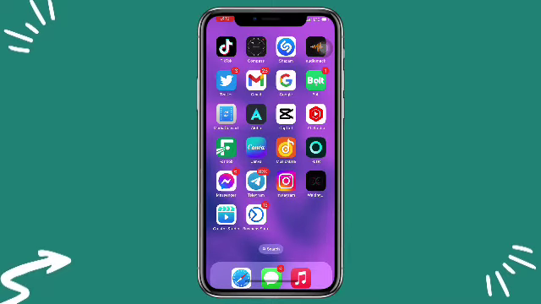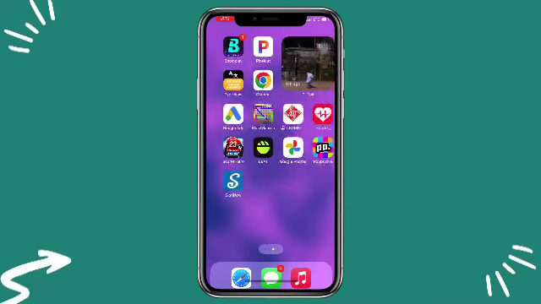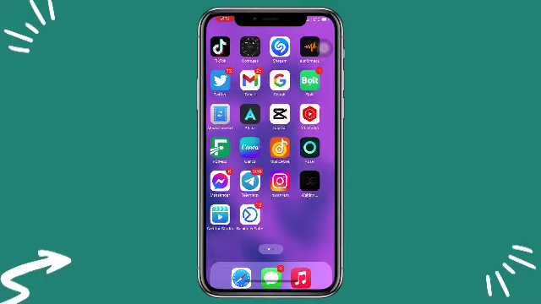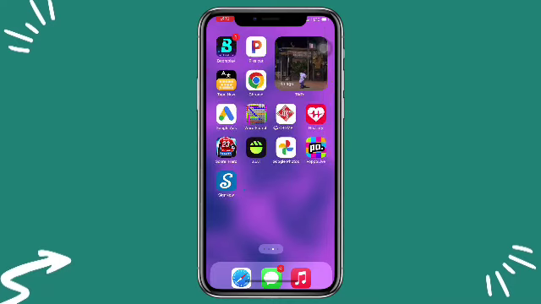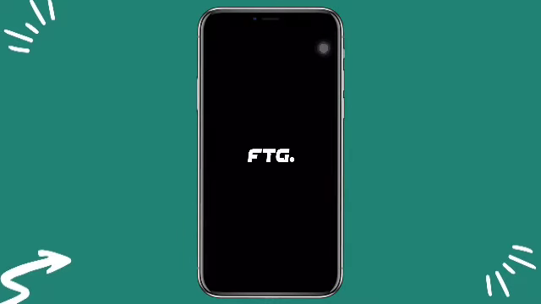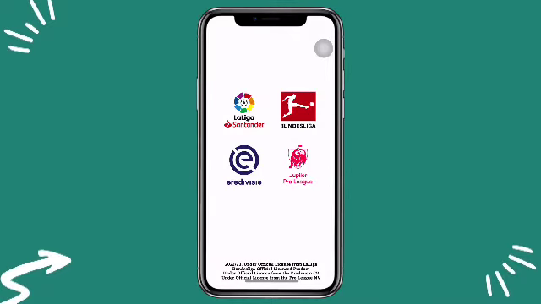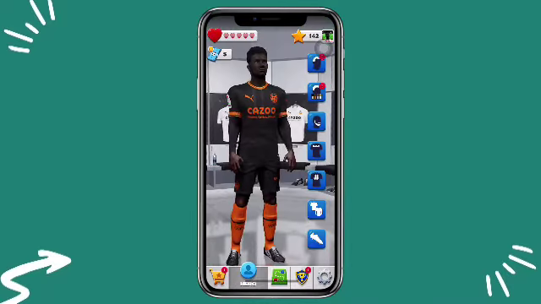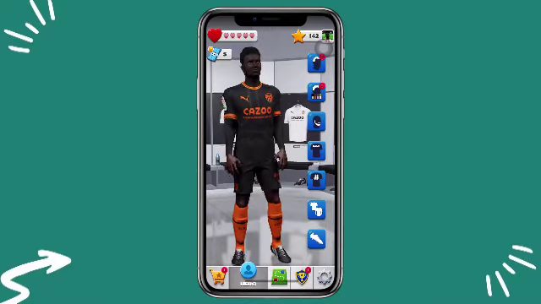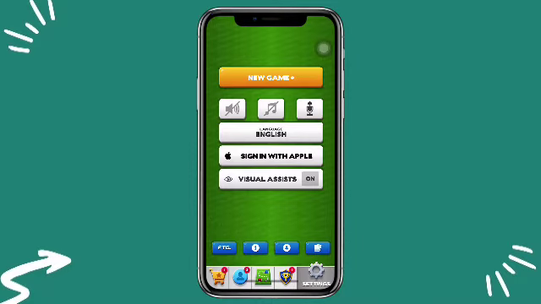But let me show you the settings you need to do on the application or the game app you are using. So let's say this is the game I want to play over here. Once you have selected the game, click on settings over here, and once you click on settings, you can see music and also you can see the audio over here. Please, if your sound is not working, just check the sound on the